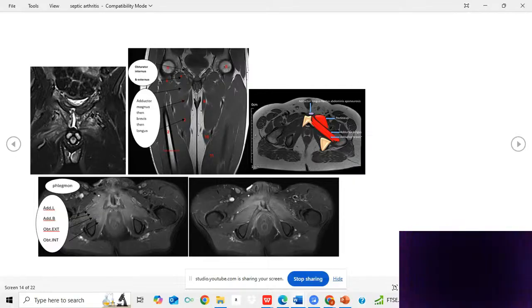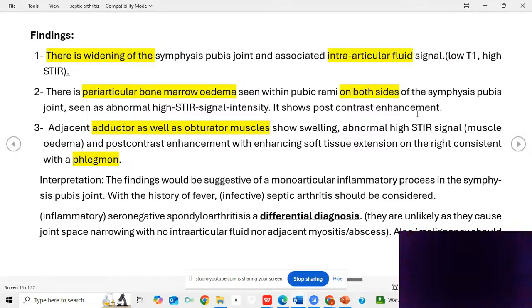Here, there is post-contrast enhancement on both sides of the joint of the pubic bone. It shows post-contrast enhancement of the periarticular bone marrow. The third finding, there are the adjacent muscles, the adjacent adductor as well as obturator muscles,